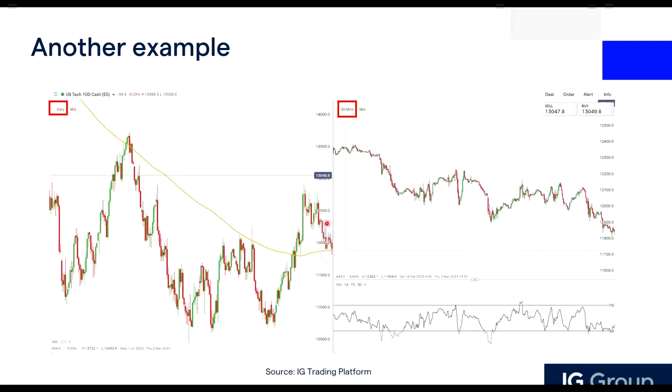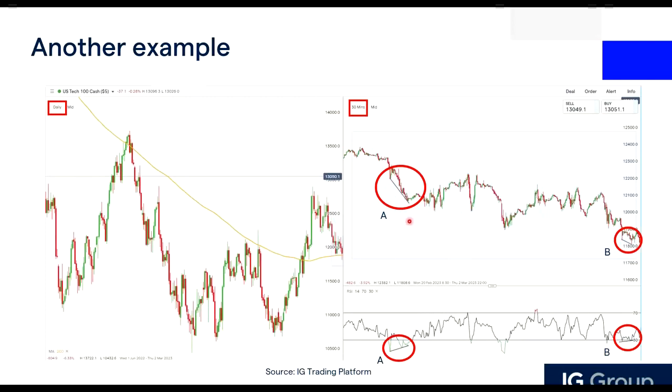So this blue area in the daily chart, you zoom in into a shorter time frame. You look at the price action over here. Are we able to see if there's any divergence so that we can look for buying opportunities? I'm not sure if you guys are able to see, but let me just show it to you again. In the 30 minutes time frame, at this point there was a lower low, and it shows that the momentum was fading, because the RSI is showing a higher low. So this is a bullish divergence.